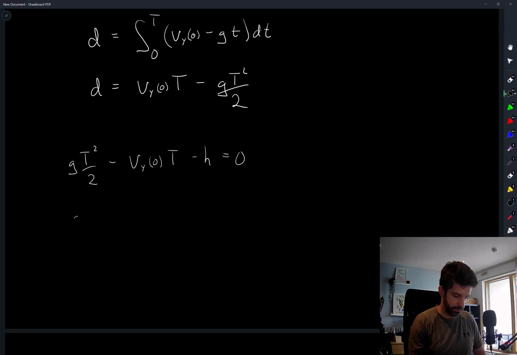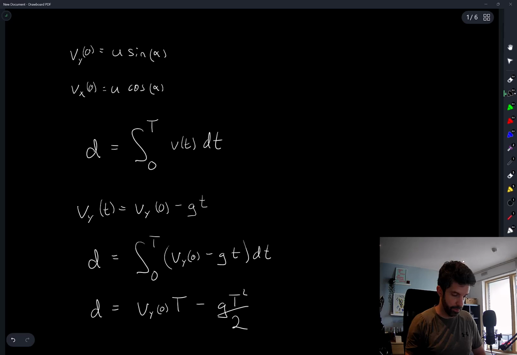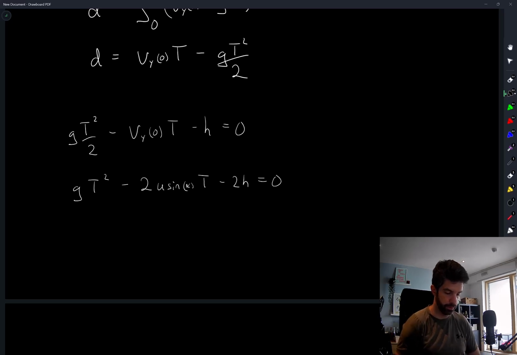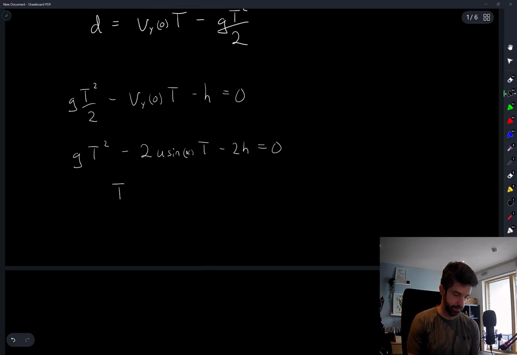Let's write this as g t squared minus 2... What was Vy of 0? It was u sine alpha, minus 2h is equal to 0. So I need to solve for t now. T is equal to